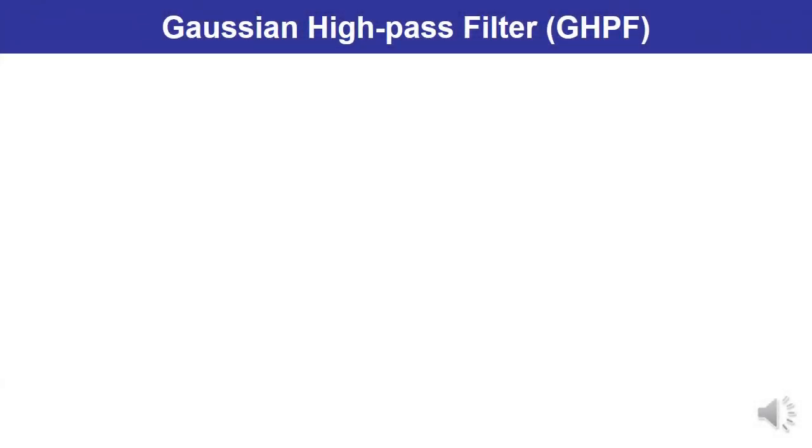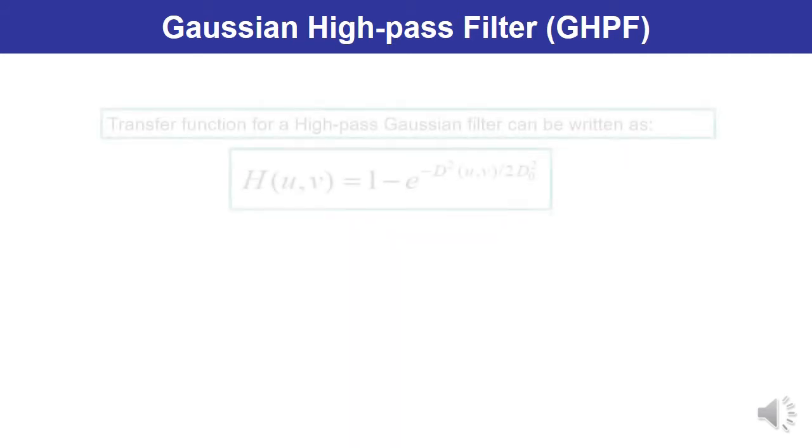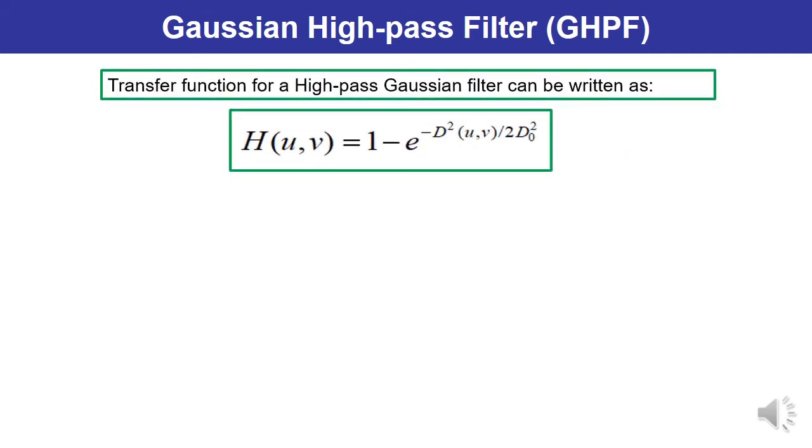Next is Gaussian high pass filter. Transfer function of a high pass Gaussian filter can be written as H(u,v). Why? Because you are dealing in the frequency domain. It means the given image is F(x,y), and the filter function which is being applied on this image is h(x,y),